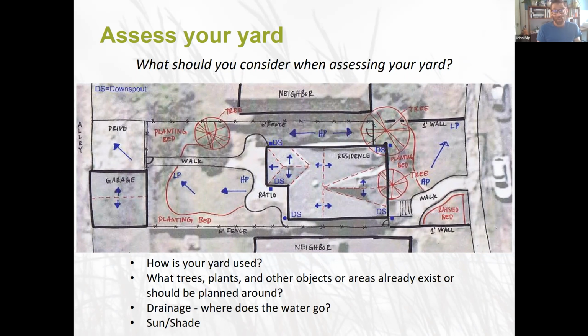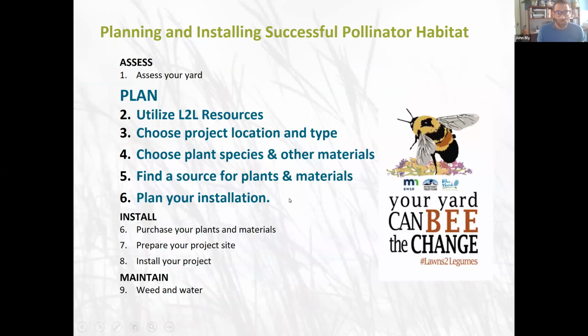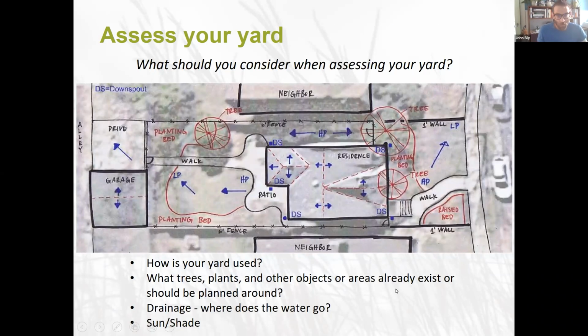Large trees are good to note because they provide oftentimes dense shade and drier conditions under them with a lot of roots that are difficult to dig through. And so that will affect the plants that you might choose to put under them, might affect your decision to put anything under them. On top of what exists, we like to encourage people to think about how water flows